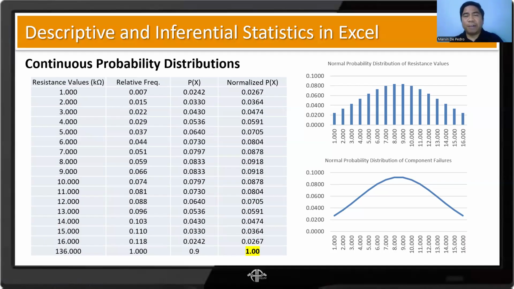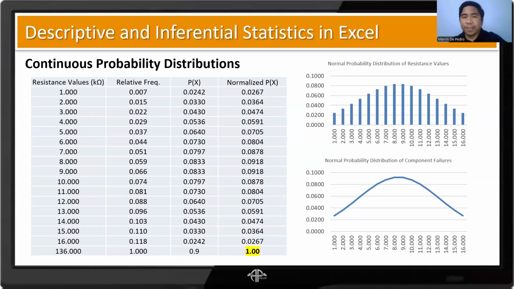Okay, so we plot all those chances or all those probability values, from the first one up to the last one. Before we plot them, we sort our data set from lowest to highest. Once we have the corresponding probabilities, we don't touch them anymore, because this arrangement, when we plot it, will become something like this. As you can see, the sum is 0.9, maybe due to some rounding off.